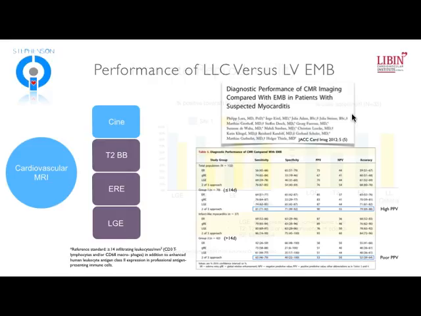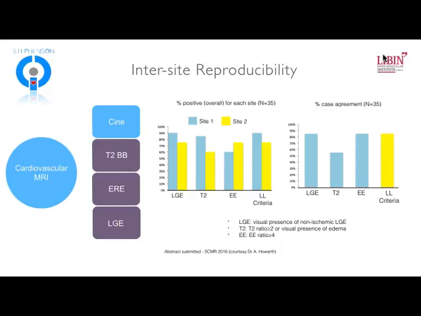In patients, however, that were more than 14 days beyond their symptoms, you actually see the positive predictive value drop substantially, down to about 50%. So while endomyocardial biopsy continued to show evidence of myocarditis, the imaging findings associated with that started to fall off in being able to identify these patients.